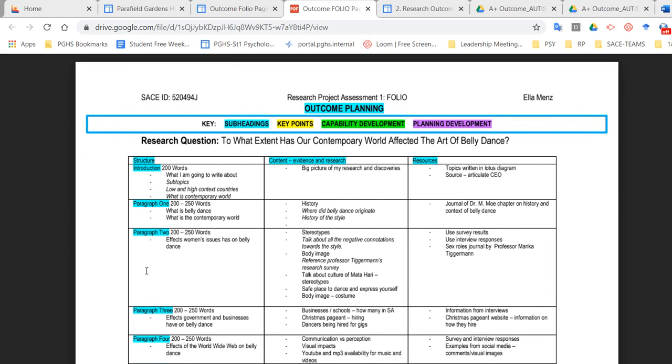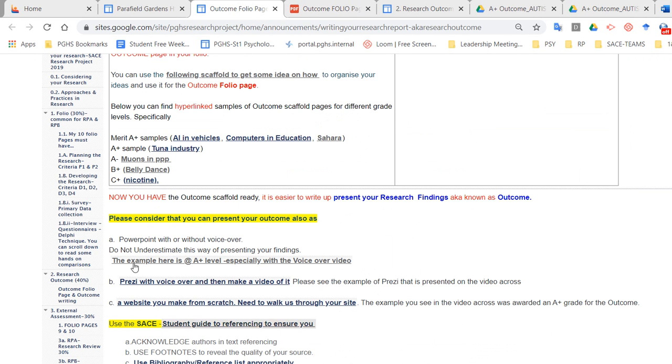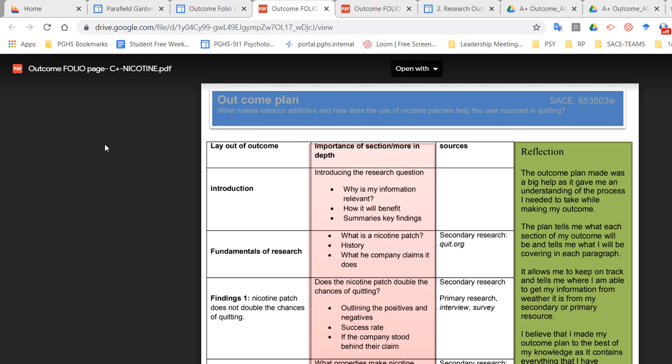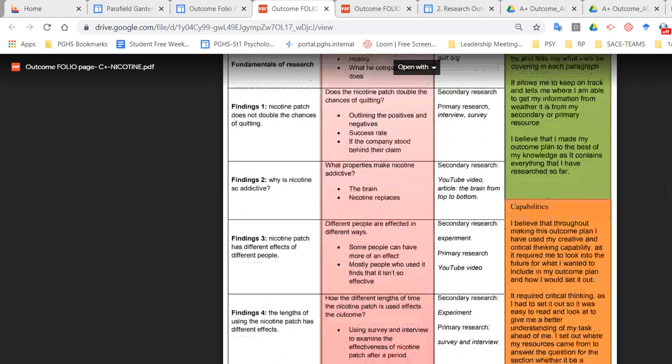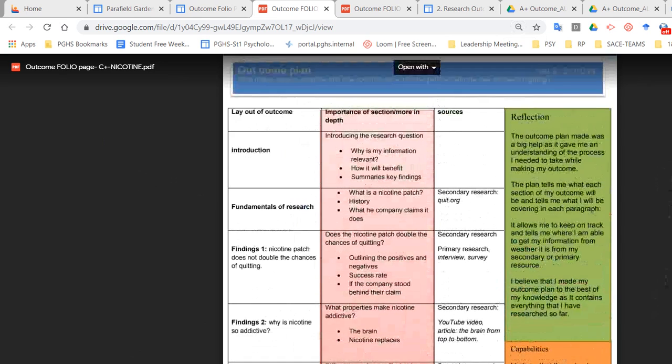Paragraph 1, paragraph 2, paragraph 3. If you like it, you can use that as a B+. And even easier is this one on nicotine, a whole page. I will show you the difference between the B+ and the C+. This is the C+, a whole page on this, not much writing,